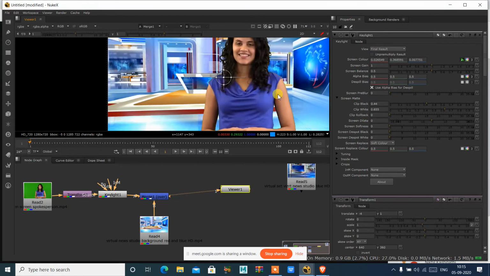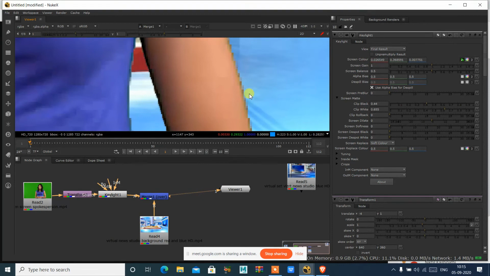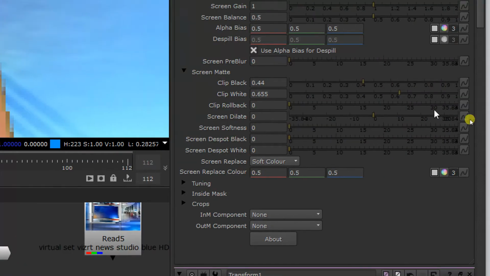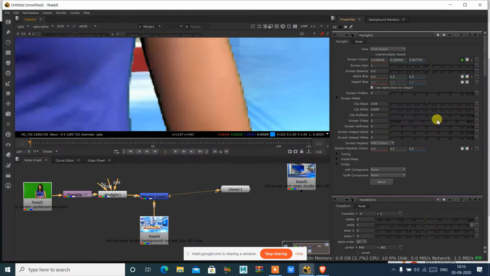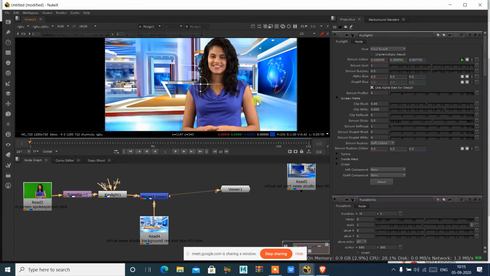So you can see this is over here. Now if you want to adjust these edges, you can also use screen dilate. So we have an option called screen dilate over here. If I reduce it, you can reduce it as much as you want, but check that it should not remove the hair details. And give a little bit of screen softness also. Okay, so once you are done,